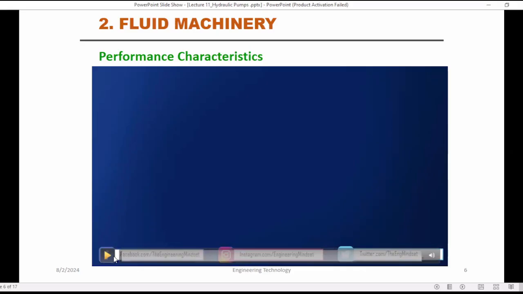Then how can we select a good pump according to our requirements, according to our required head, okay? These are the things we can identify according to these performance characteristics, okay? We need to study performance characteristic curves, then efficiency curves, head curves. And using this video,